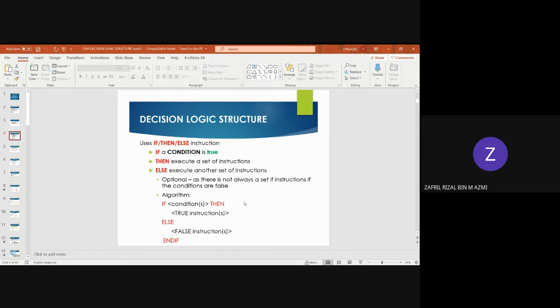Okay, so let's start with part one. As you can see over here, this is the algorithms. The component of algorithm for decision logic structure. For sequential logic structure, the important part in algorithm is mainly just input, outputs, and